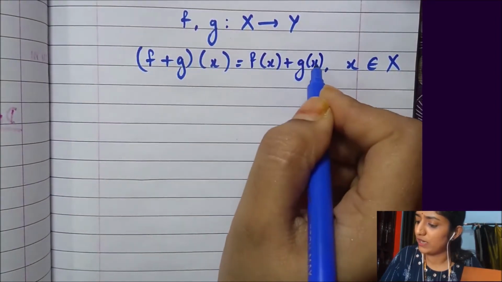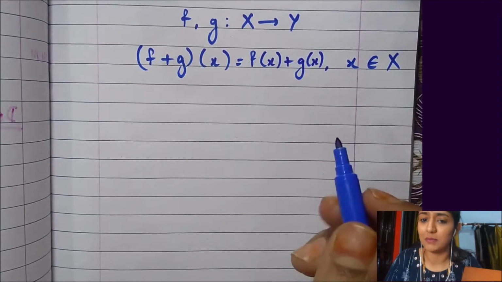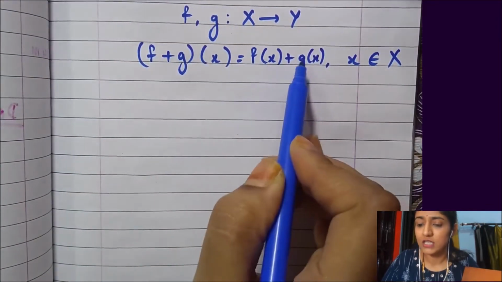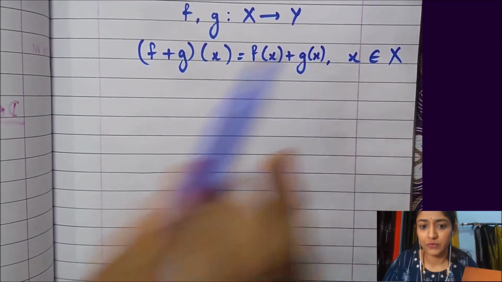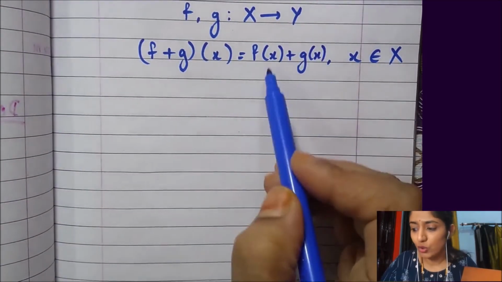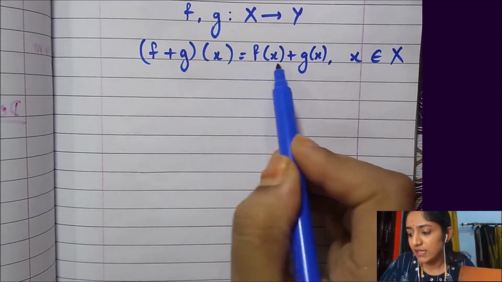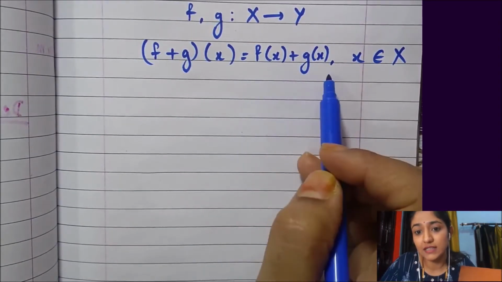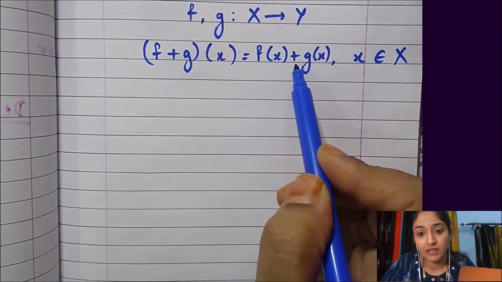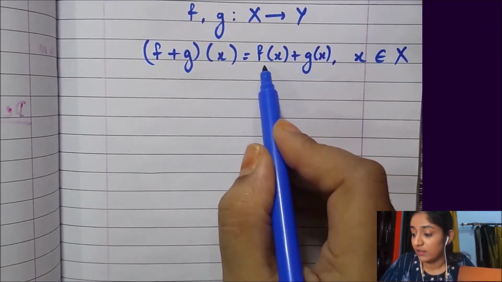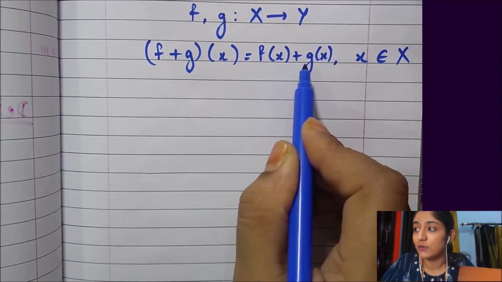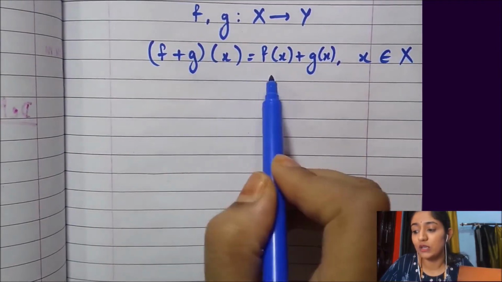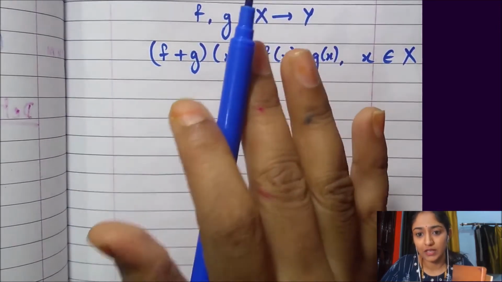And now you might have recognized why the domain had to be the same, because if the domain is not the same, f cannot work on x and g cannot work on x. The codomain had to be the same too, because if these come from different sets and they don't have this operation plus, then we are doomed, right? We need to have these two entities from the same set. So the domain and codomain of f and g have to be the same.